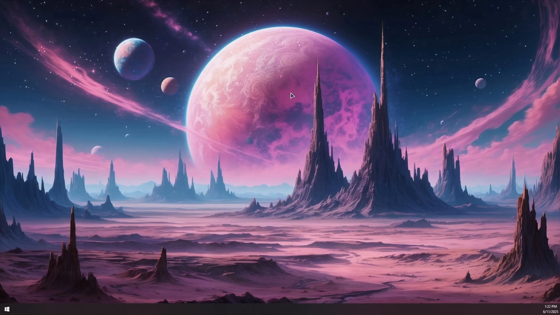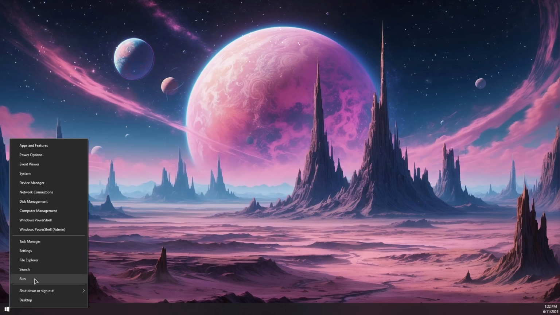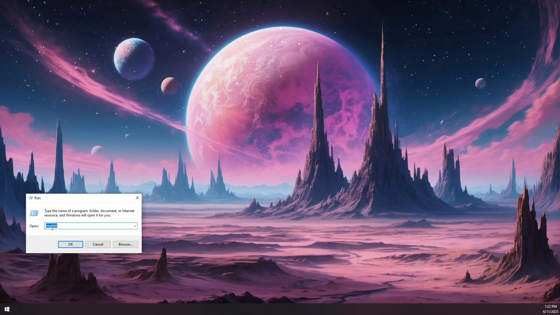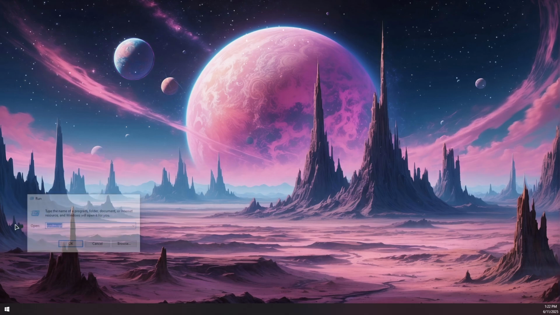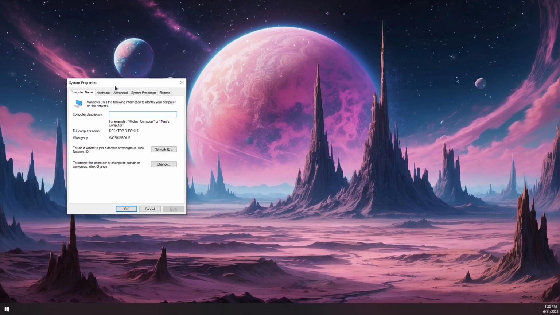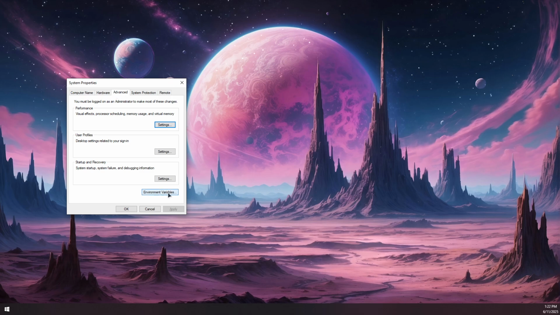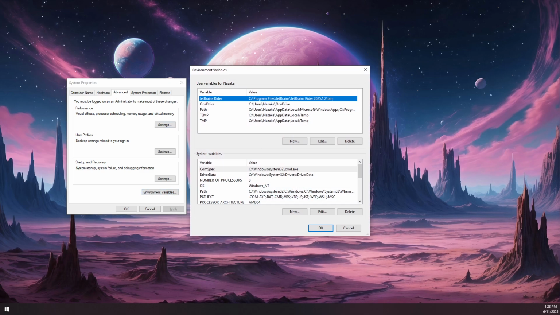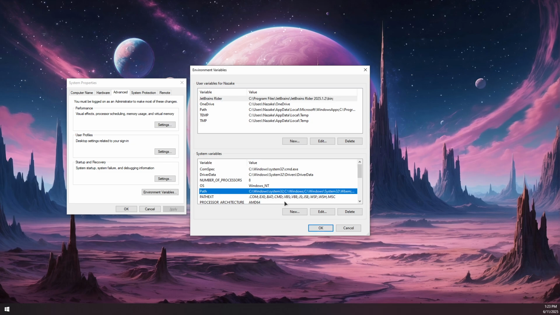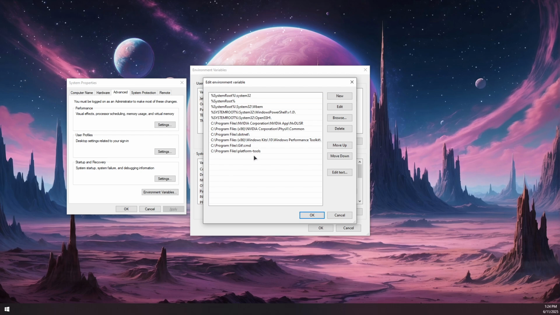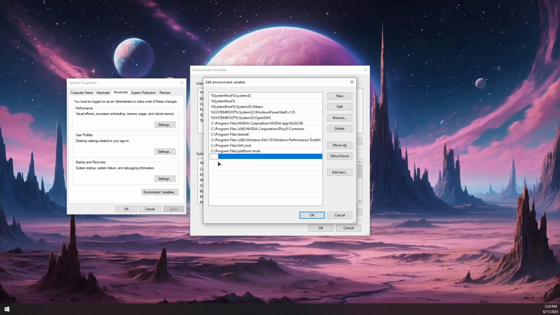Now you can close this and then right click on the start button and click on run, and then in here type sysdm.cpl and then press enter, and it should open up this page. Now you want to click on advanced tab and then click on environment variables. Now under system variables you want to click on path and then you want to click on edit, and now scroll all the way down and click on new to add an entry at the bottom,